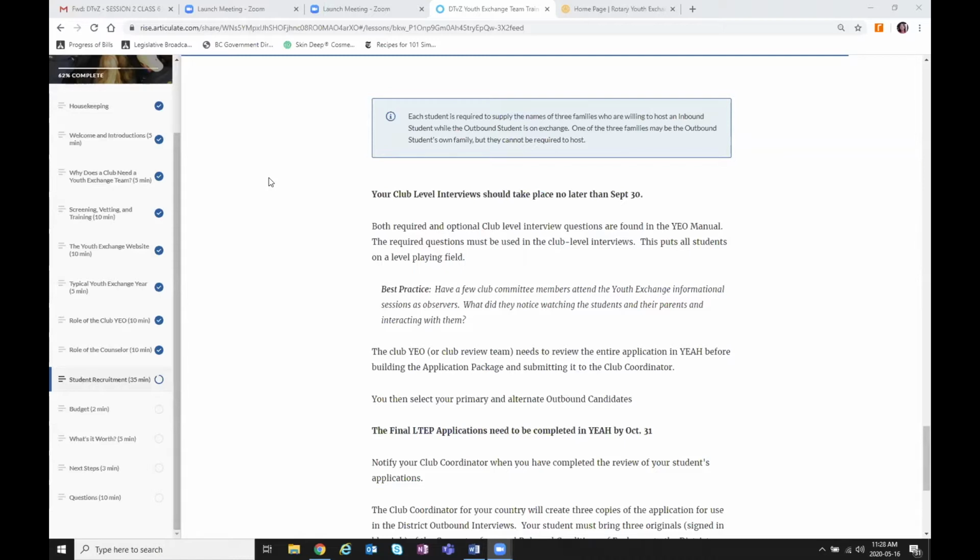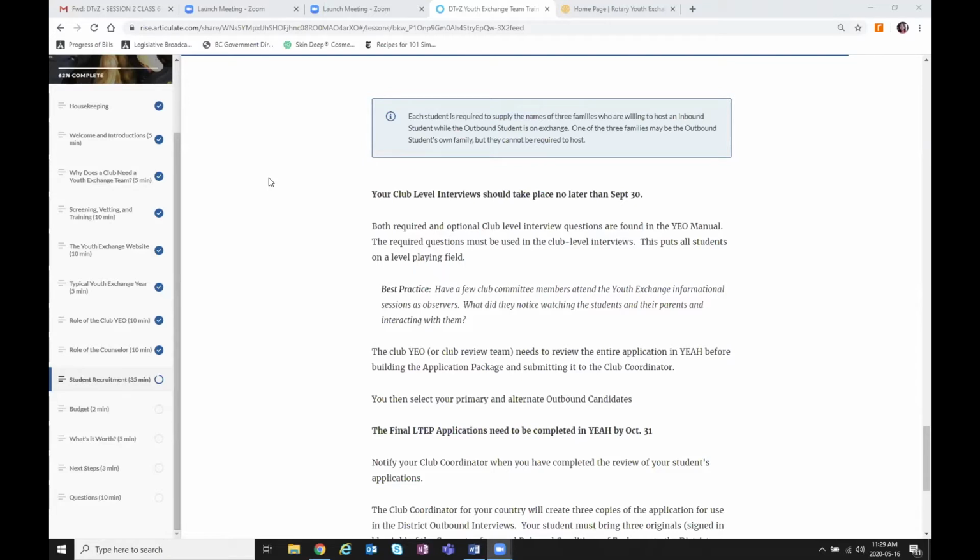And we're not saying that we won't help the student, but we need the student to talk to their families, maybe even come to your Rotary Club and convince some of those members of your own club that they should host. And this way, we've got 3 families all set and ready to go before we even start. And it really, really helped us last year.